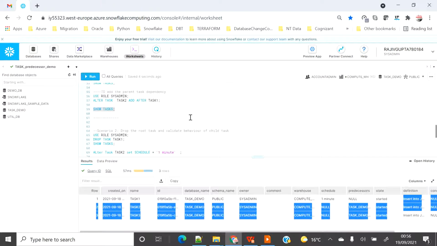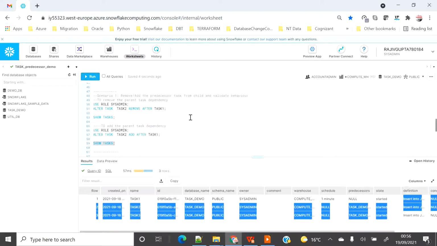So this was scenario 1, which shows that if you remove the dependency between the child task and the parent task, it will get into the suspended mode. To do that, first you have to make the root task suspended, and only then can you modify the child task.